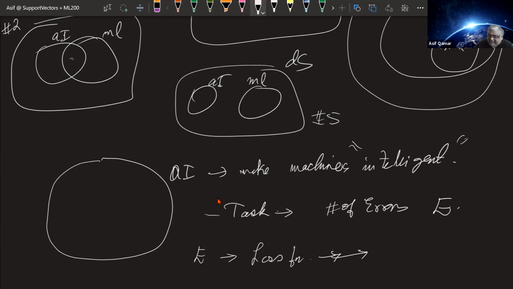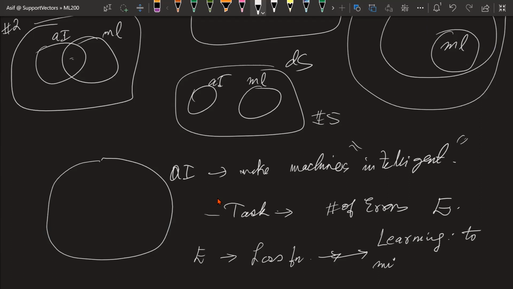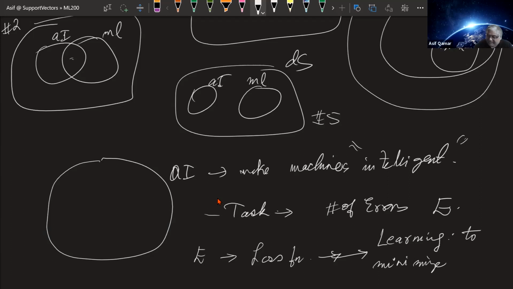Learning is the minimization of error. We define that if you can make the machine make fewer errors, that is learning. Learning is to minimize errors. This whole field of machine learning starts with the premise that you can take a ground state